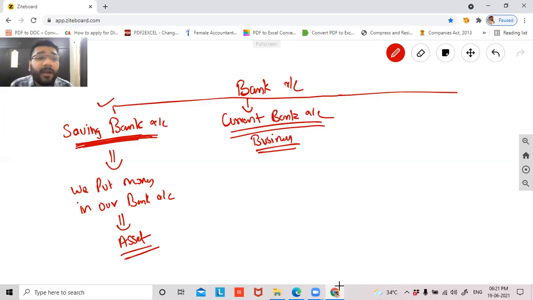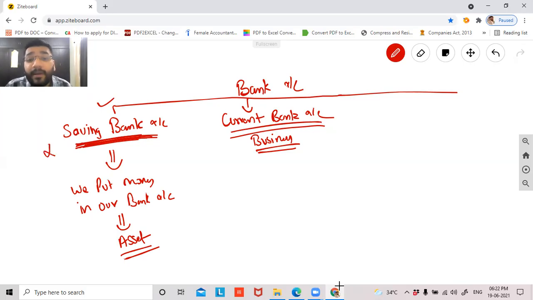Business people will not open a savings bank account, because I told you in a savings bank account, there is some restriction that comes with it. Because of that, the flexibility is not there. In business, we need to have complete flexibility. That is, whenever I want, I can put the money, and whenever I want, I can withdraw the money, and however much I want, I can withdraw. In a savings bank account, whenever you want, you can put the money and withdraw the money, but there'll be a limit beyond which you'll not be able to withdraw on a particular day. But in business, that cannot happen. If I suddenly have to make, let's say, a 10 lakh rupees payment to a party, and the bank says that no, you cannot make payment beyond 2 lakh rupees, then I'll be stuck in my business. So a savings bank account will not be of any help for business people.